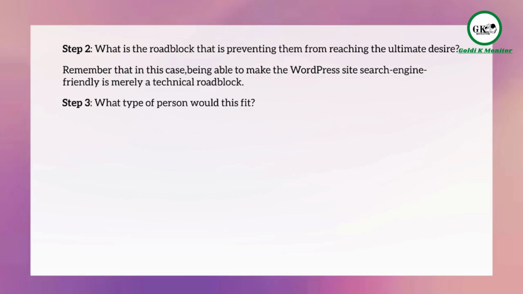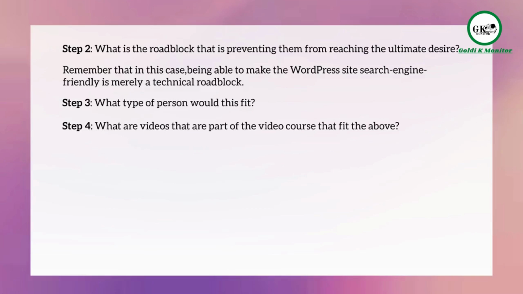Is it a newbie? Is it a layman? Is it an expert? Is it an advanced person or an intermediate type person? What kind of knowledge would they have? And write that down. So it could be different people, like I said, newbies and experts, and different reasons why there is a roadblock. But by understanding the different types of people that you could be targeting, the better you will understand what you need to convey essentially in your trailer itself. So pause the video, write that down, and then move on to step number 4,